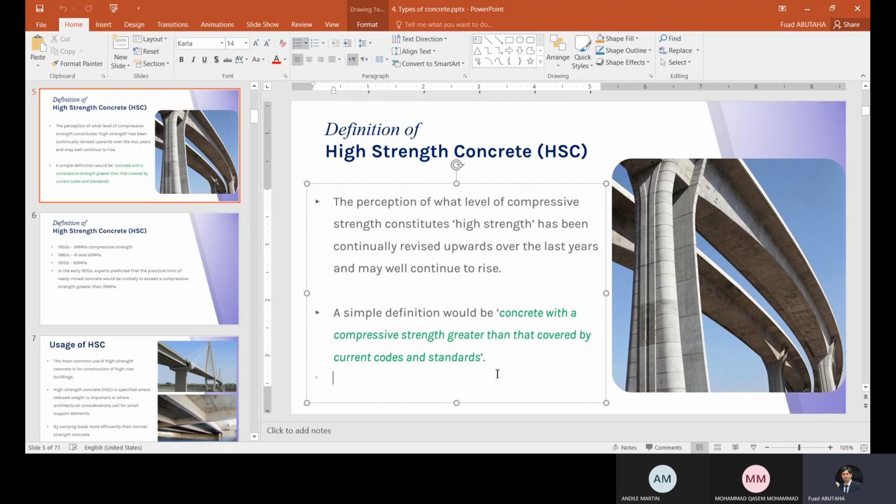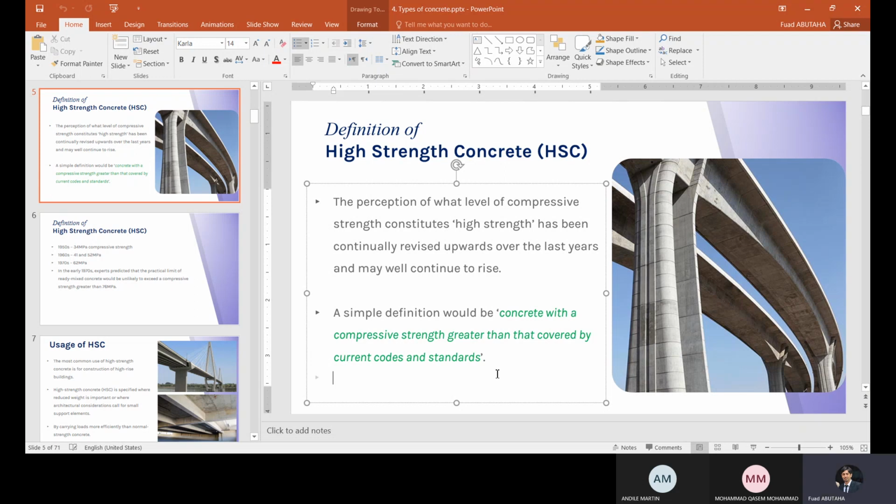So the range and the change in the maximum size can also affect the strength of the concrete. The lower the maximum size, the higher the compressive strength of concrete. If I give you two mixes using the same ratio, the same mix design, the same contents of cement, the same contents of aggregate, and the same contents of water,